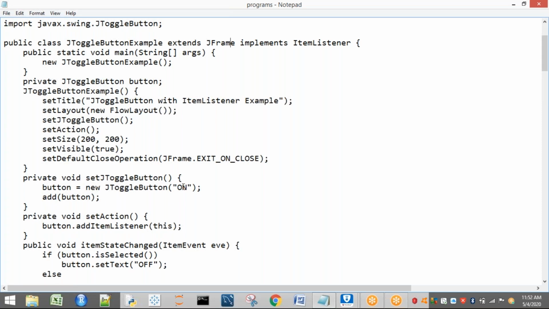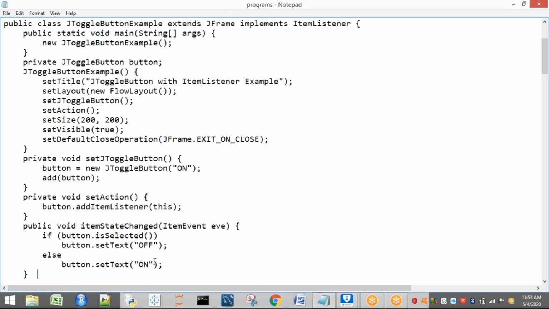That means initially if you see the button, it will be in on state. Next, when we click on that, that means when the button is selected, off will be generated. Then the text on that button will be off. Else, if you do not select it, it will be on.